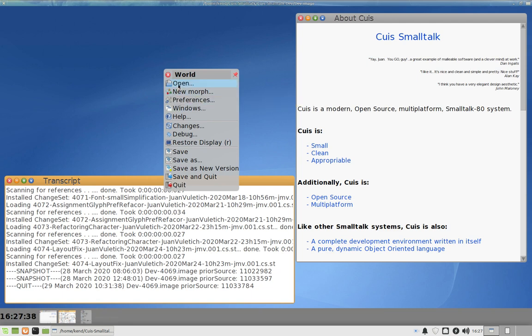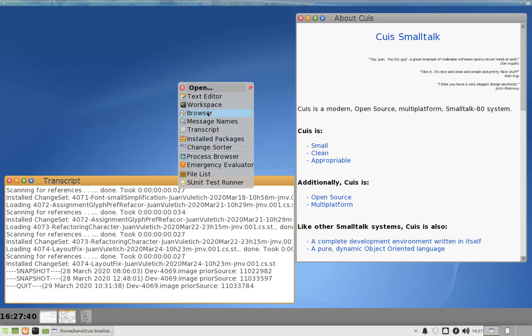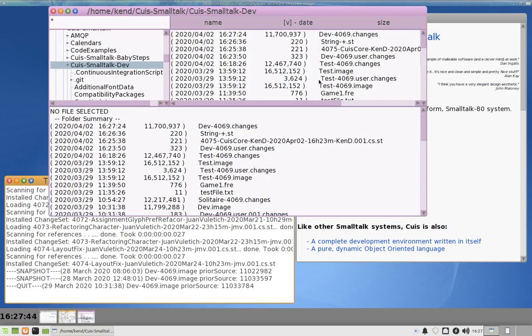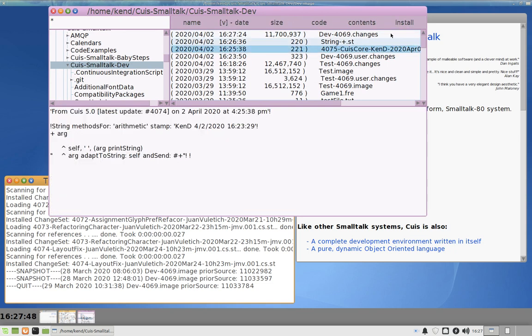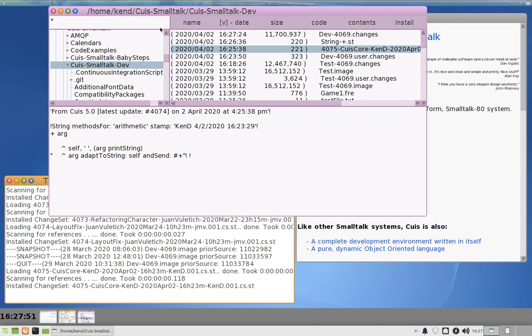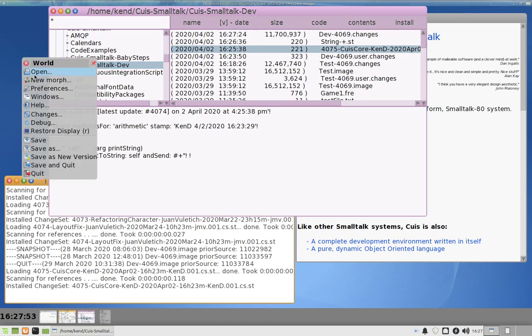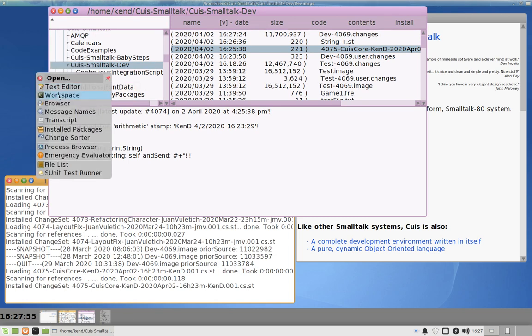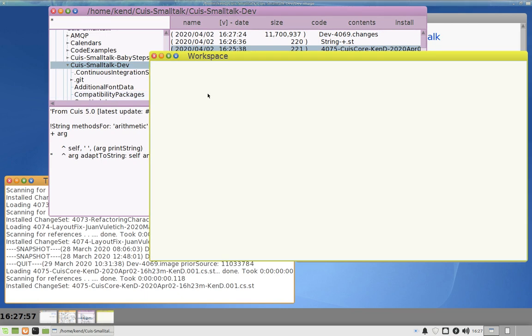So I can open the file list, come up here, say take this thing in and do an install. And now when I open the workspace and say something like